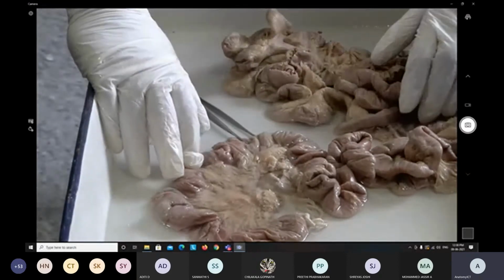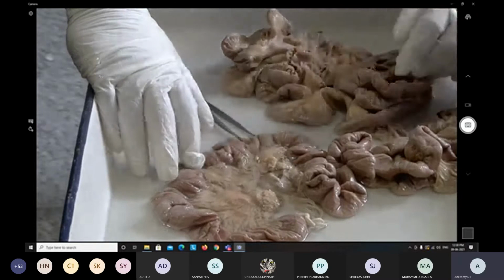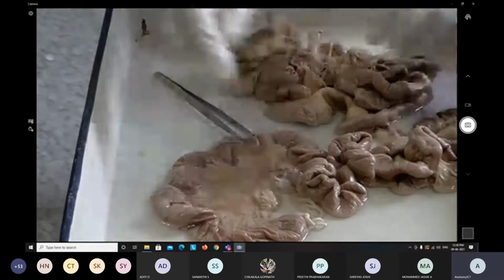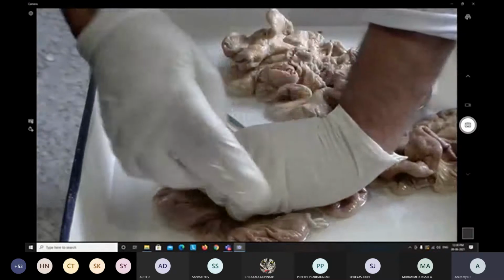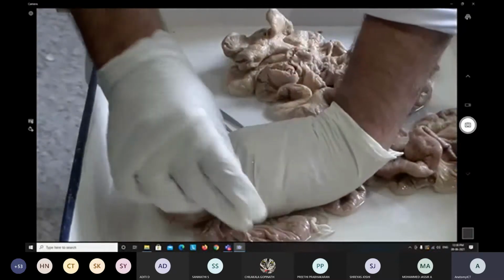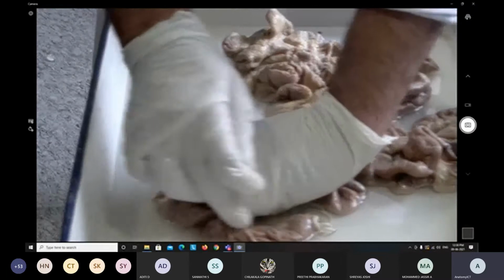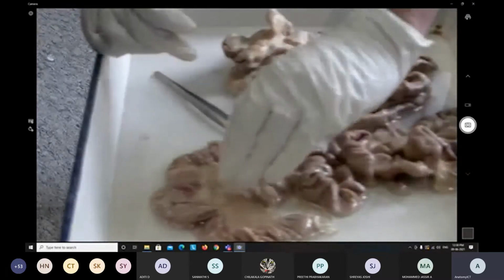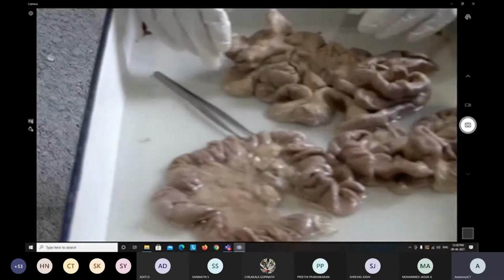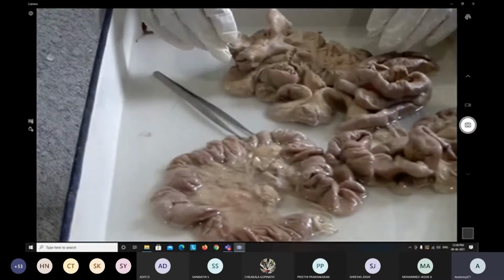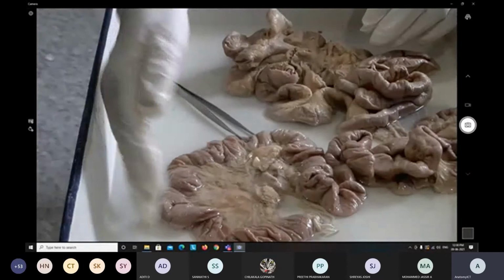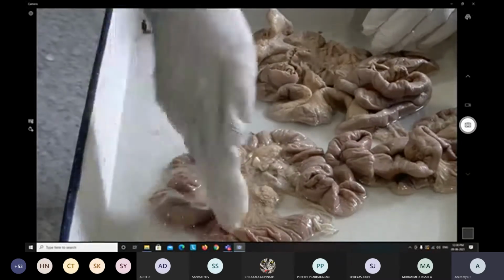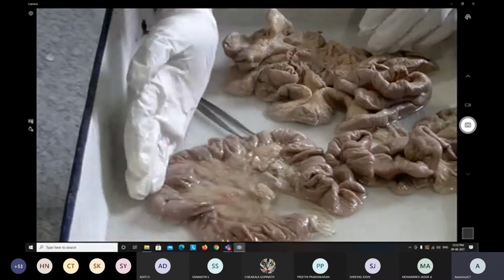Now medially, again, is the head of the pancreas. I told you this is the pancreas which is situated here. Superiorly, the horizontal part gives some relation to the inferior surface of the first part. The medial surface of the second part also comes in relation to the head of the pancreas, right? Now this is the lateral surface, this is the anterior surface, behind is the posterior surface, this is the medial surface, and this is the lateral surface.